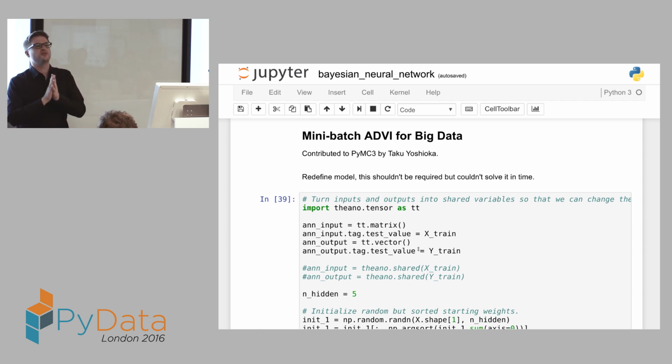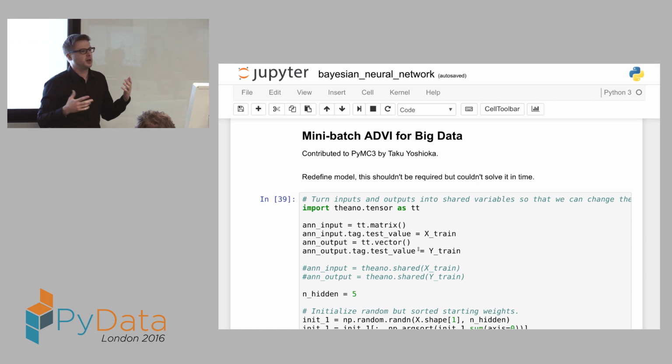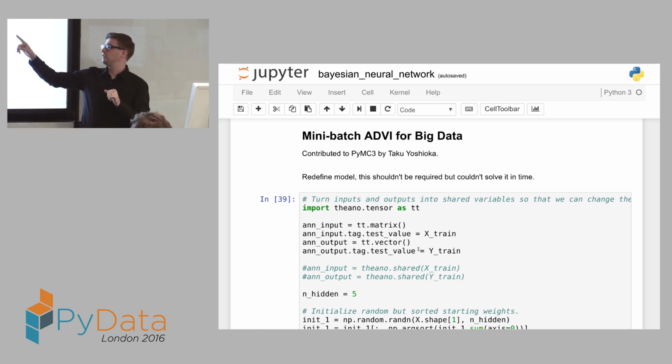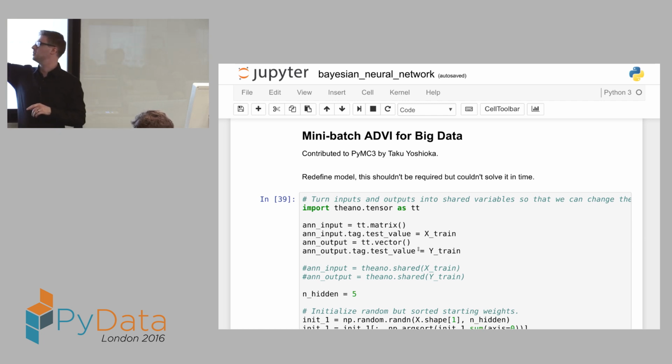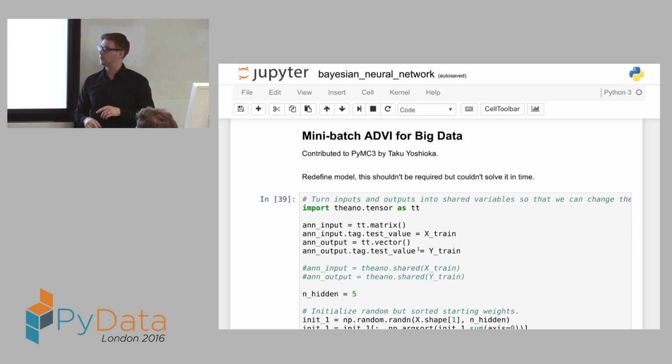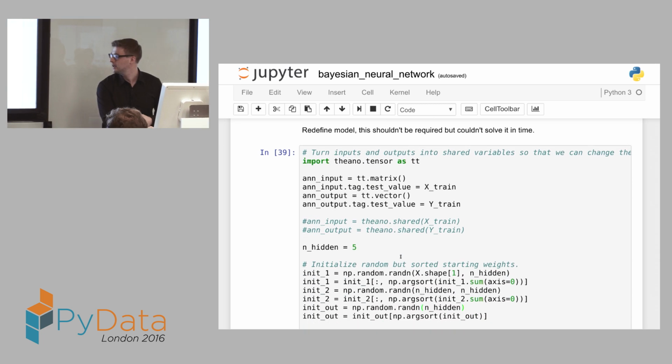With Bayesian statistics, you have to evaluate the same data over and over again. So that's extremely costly. But with ADVI, you can also use mini batches, which are subsets of your data. That way, you can scale to almost arbitrary sizes by just using subsets, but still getting the correct answers in the end. And that was provided recently by Taku Yoshioka, who did the work of including that in PyMC3. So I'm giving him a shout out here.